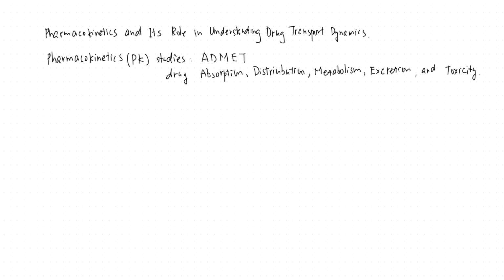It's a discipline in pharmaceutical science. Pharmaceutical science is a big category, and underneath it there is pharmacokinetics. This discipline studies something that can be described by these five words: drug absorption, distribution, metabolism, excretion, and toxicity. We will discuss a lot about drug distribution. Distribution will be a larger part of the focus of this work, and then we will also talk about other things like metabolism and excretion.